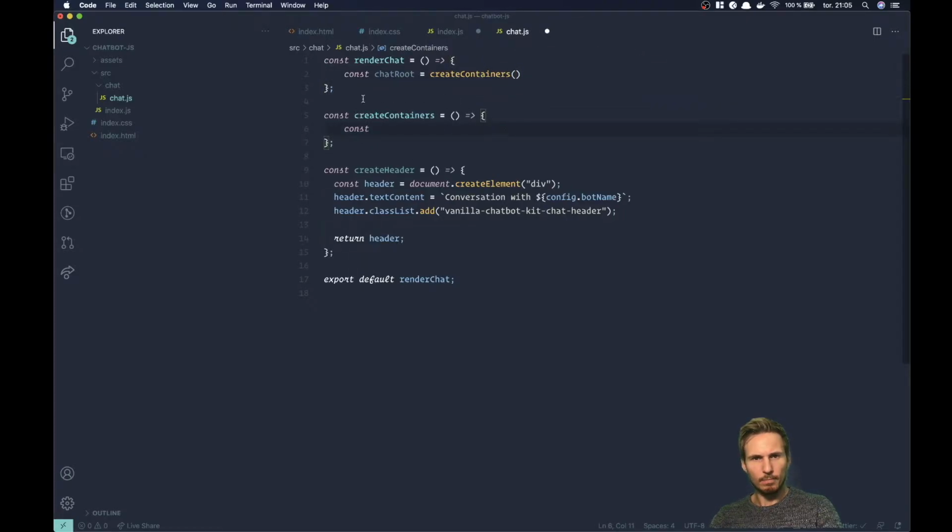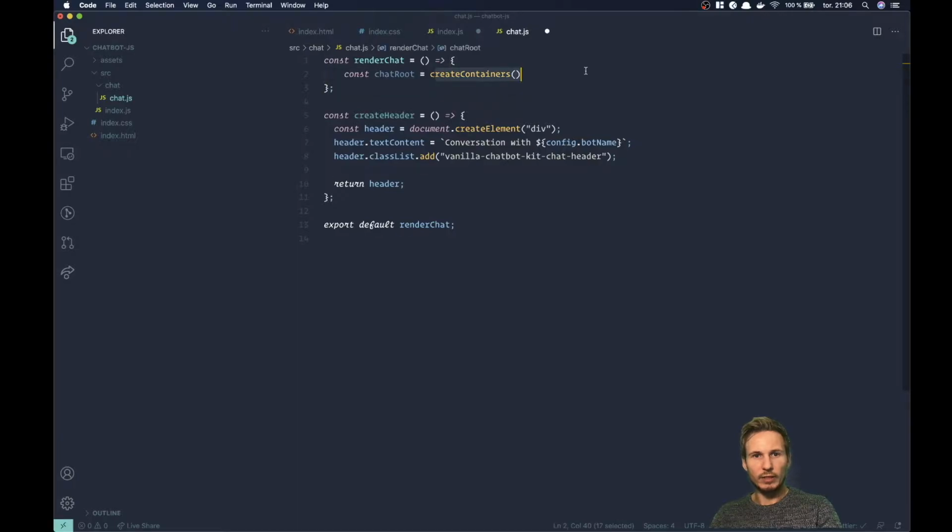Let's think about the structure just for 1 second. So we have an outer container, then we have an inner container, and everything needs to be inside the inner container. So that means that we have to think about where we create the inner container. So I think what we'll do is we'll skip this function here,